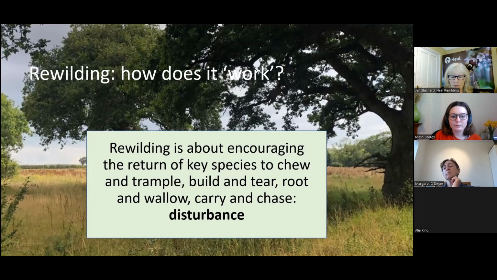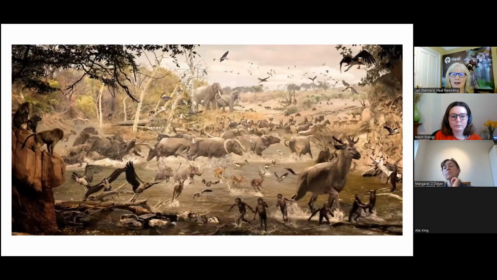And this is a wonderful illustration that we found. It's obviously packed with creatures, and I'm sure it would never have been like this, but it makes you think. I'm sitting in the Thames Valley, and I know there were straight-tusked elephants, those elephants in the background, where I'm sitting. Rhinoceroses were where I'm sitting. Hippopotamuses were where I'm sitting. So we are in a landscape that had a lot of disturbance from animals before we came along. And clearly most of those are lost, but disturbance is a really key idea.